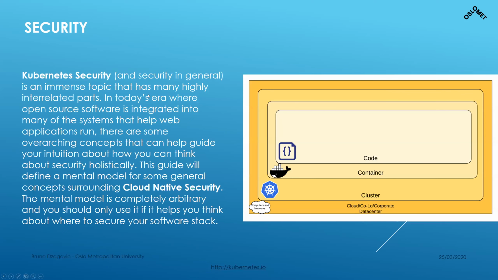And security, shortly. Security is inherited. It means that your container is as secure as your cluster. So if your cluster is not secure, your containers are not going to be secure. If your cloud data center or whatever location is not secure, your cluster is not going to be secure. Kubernetes by default is not secure. It can help increase security if you know how, but if the security fails at a different level, then that's going to be very tricky to achieve.